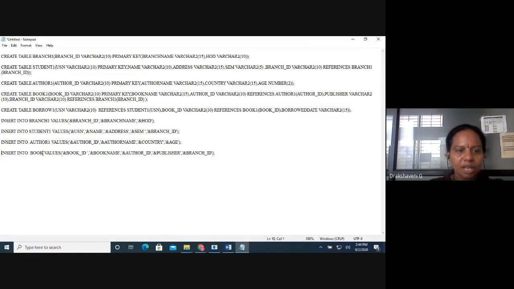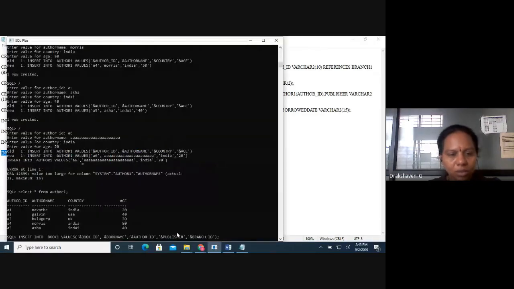But this is easy when I am showing, but once you do it on your laptops, it will be very difficult. Okay. Now we have done book ID. There is a space. Sorry. There is a space there. So you carefully remove those spaces also. That's what I told. I faced so much problem while entering because there was a space. When you are entering, be careful, because when fetching the queries, the value in the table was not extracted, though it was there, because of the space. So carefully do that.